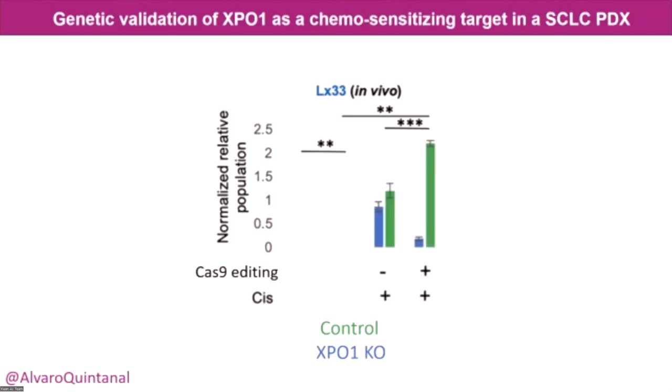But the most interesting is here. When we treat all tumors with chemotherapy, you see that in the non-Cas9 editing condition there will be a similar abundance of both populations. But in those tumors treated with chemotherapy, we see a very high depletion of the XPO1 knockout cells. So this suggests that when you knock out XPO1, the cells become more sensitive to